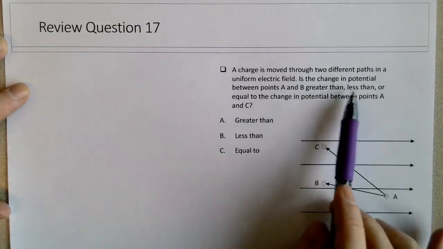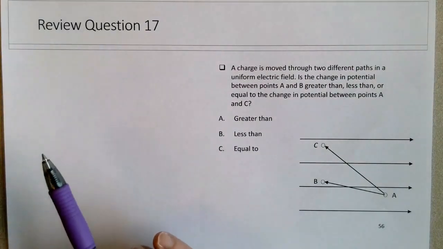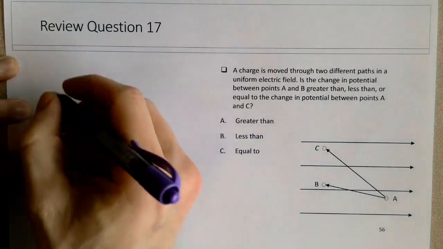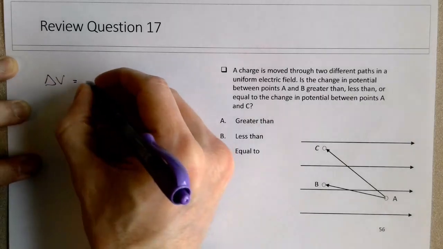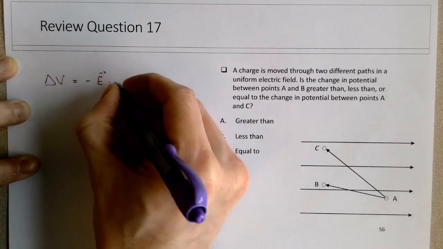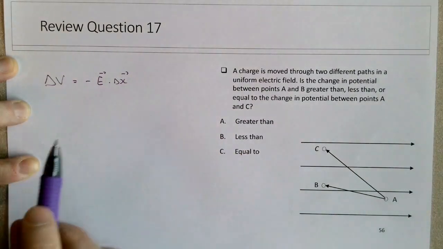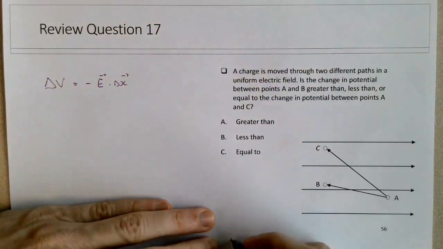The change in electric potential is only a property of the electric field and the distance between the two points. Really, it's technically the dot product between these two. That's the concept I'll use. So delta V is technically negative E dot delta X, and you would have seen a similar analysis if I write down here